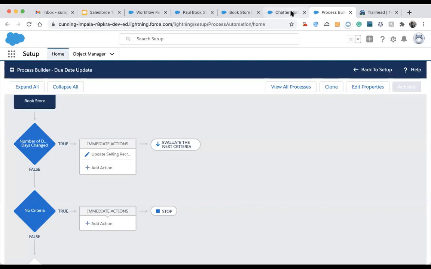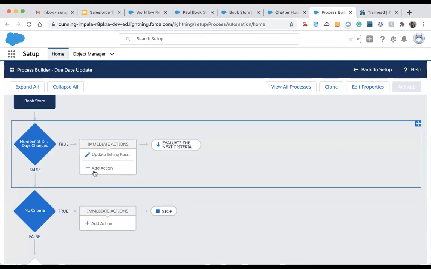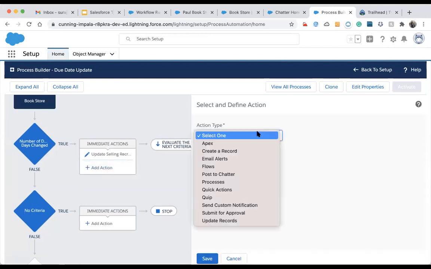And why we are using the process builder, we also discussed: we use the process builder because it has so many functionalities available up here, along with the functionality that is available in the workflow. Workflow can provide only two things, email alert and update the records. Those are the two things that the workflow provides. But along with that, we have so many other functionalities available in the process builder that we can perform.